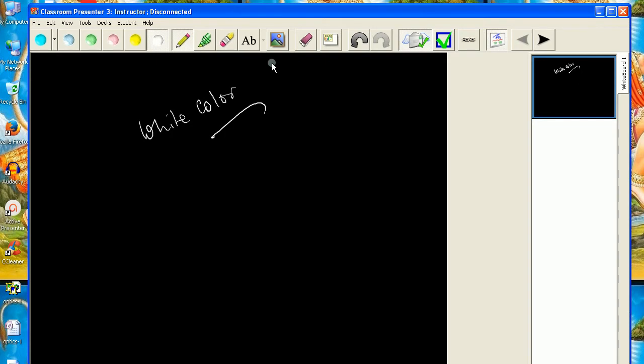If I have to insert any image, then I will use this option. Suppose in my presentation I have to use an image, then I have to use this one. By using this classroom presenter, you can use your PPT also.